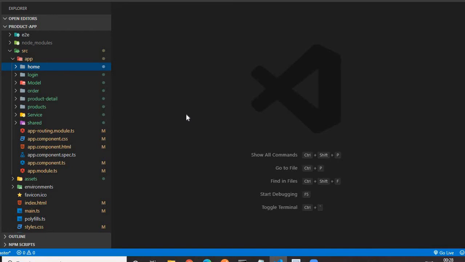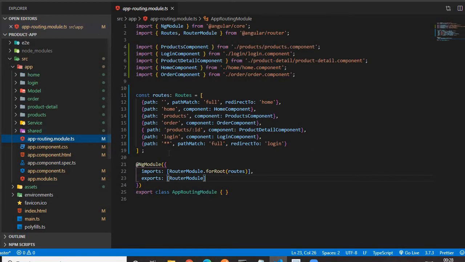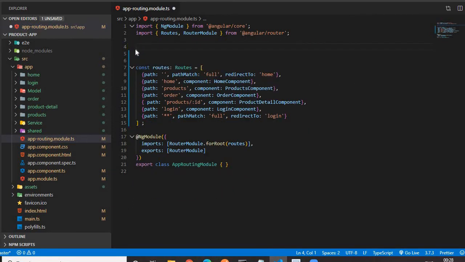As we have selected routing in our application, that's why we are getting the app-routing.module.ts file. This is the main module in which we will configure all the paths related to the routing. If you open this module, this is a module because it is a class having the decorator @NgModule. When you have created the project, if you open this file, the code will look like this. Let me remove this code.